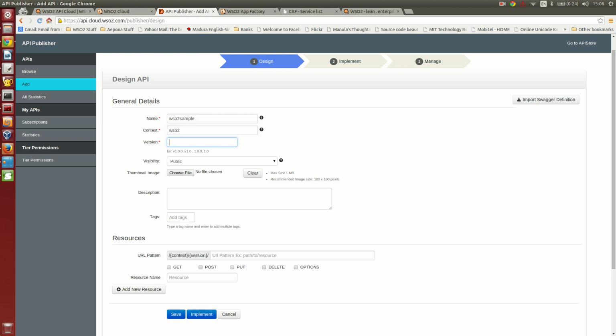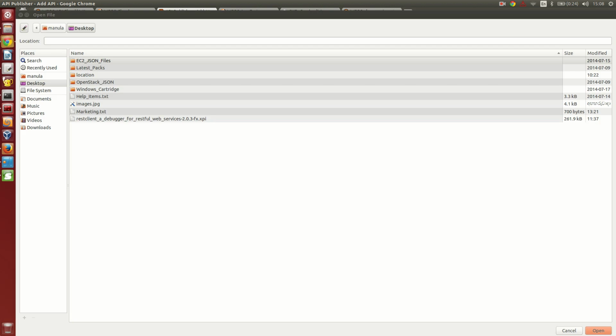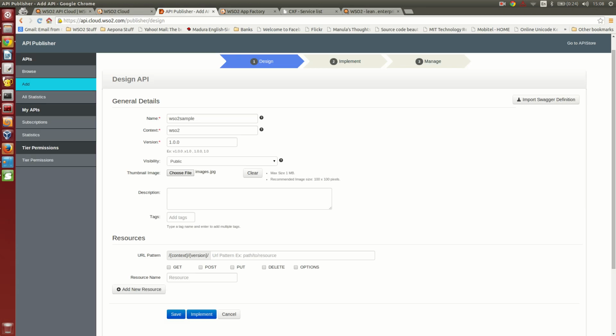Suppose I have enhanced my API later, I can publish it using a different version. So my version is 1.0.0 and here I select the visibility as public, and I can use a thumbnail image for my API and give a small description of it.